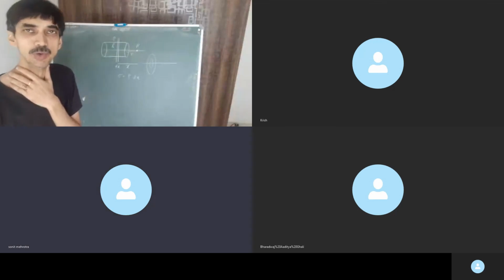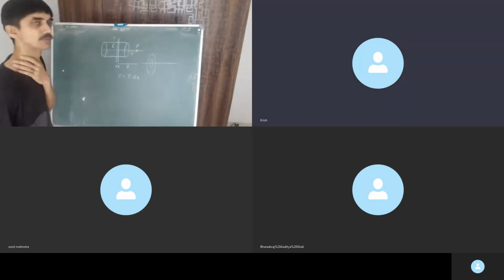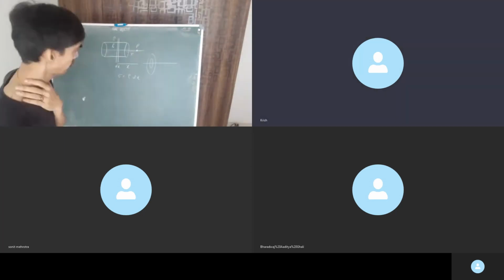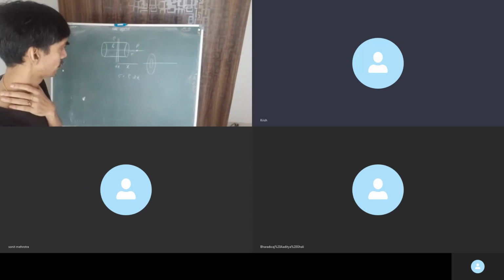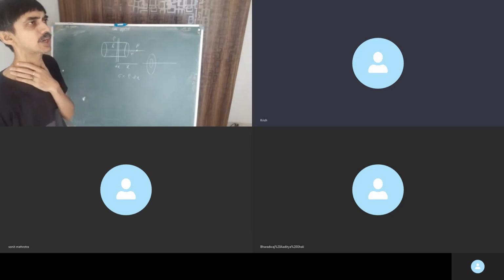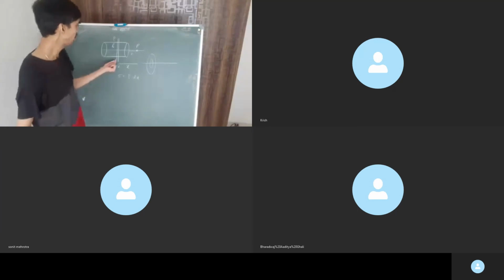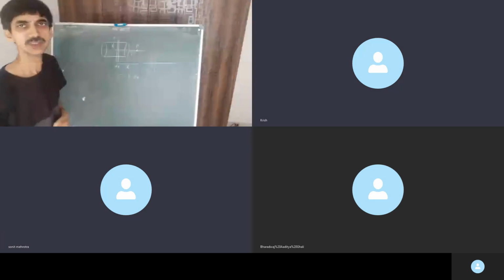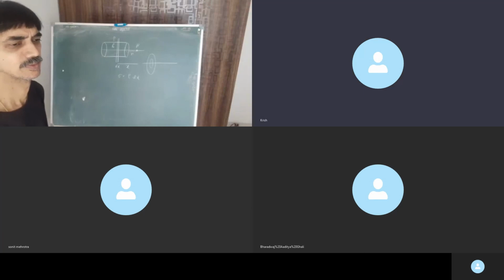Any other question? What was the other one? The third one was: consider a cylinder of radius r and length L having a charge distributed uniformly over its volume. The cylinder can be assumed to be made up of a large number of disks, each of thickness dx. The surface charge density of one such disk will be? Sigma will be rho into dx.